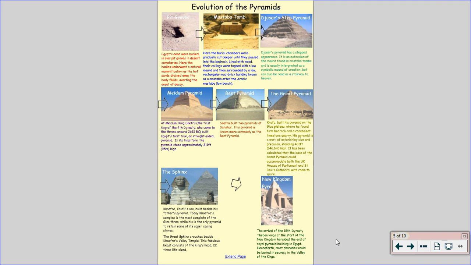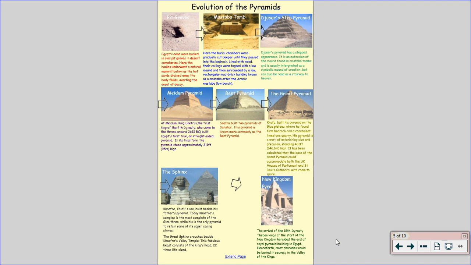Then we've got Khufu's son. Khufu was the man who built the great pyramid, but his son built his pyramid next to his father's, though it's much smaller. What he was more known for was the Sphinx statue, which you can see in the image, and it's part god, part animal, and the actual face of it is 22 times the life-size image of his face. It's huge. And then, like I said, that was the last of the pyramids that were built by Khufu and his son.